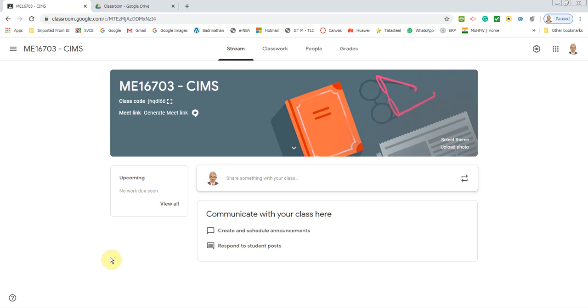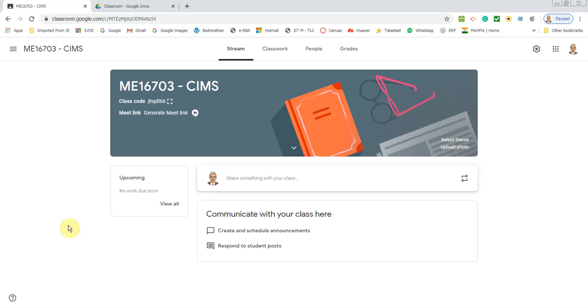So again there are two parts here. The first part is inside Google Classroom, launching Google Meet to deliver online lectures. That is one part. The other part is using Google Classroom to post your materials, whatever it is, and to conduct quizzes and short questions. So these are the two parts. In this lecture, we'll see the first part, how to launch Google Meet and then conduct your online class.